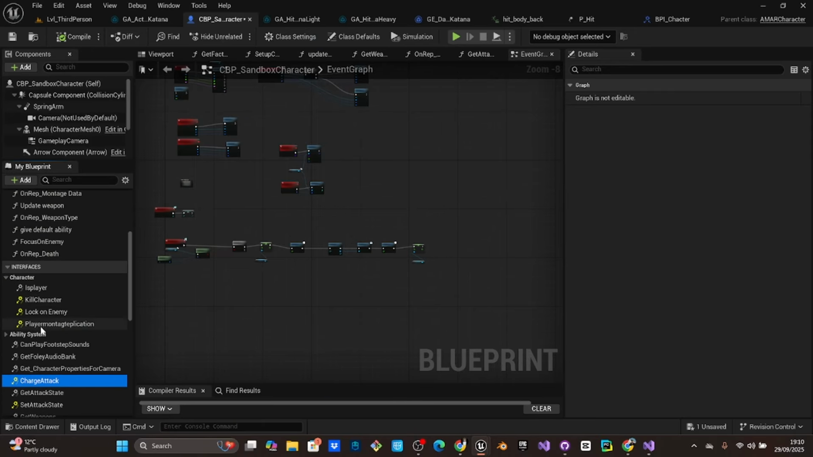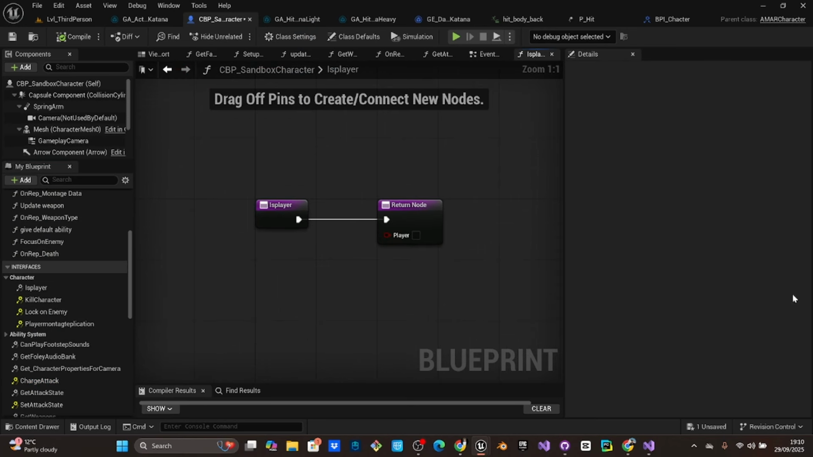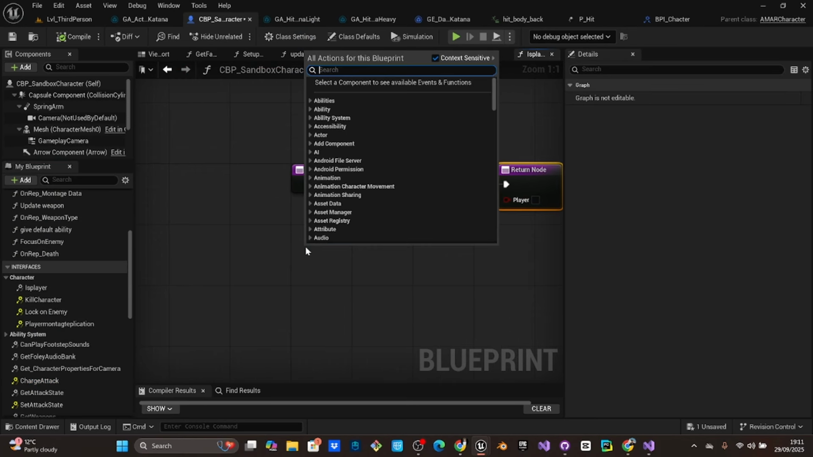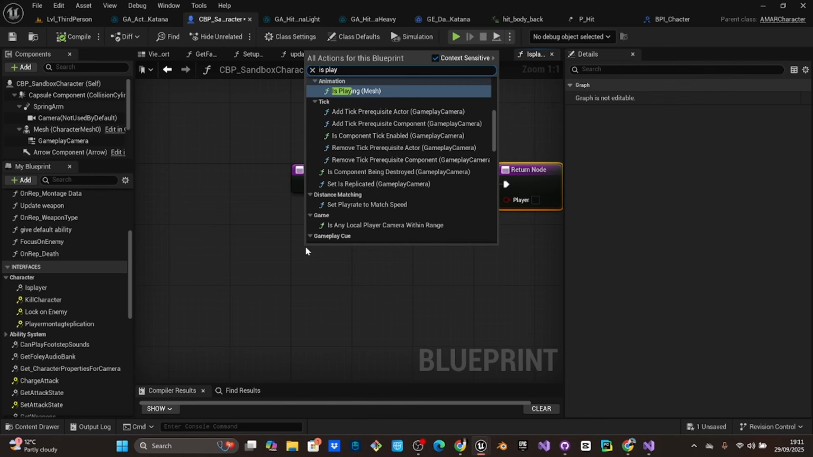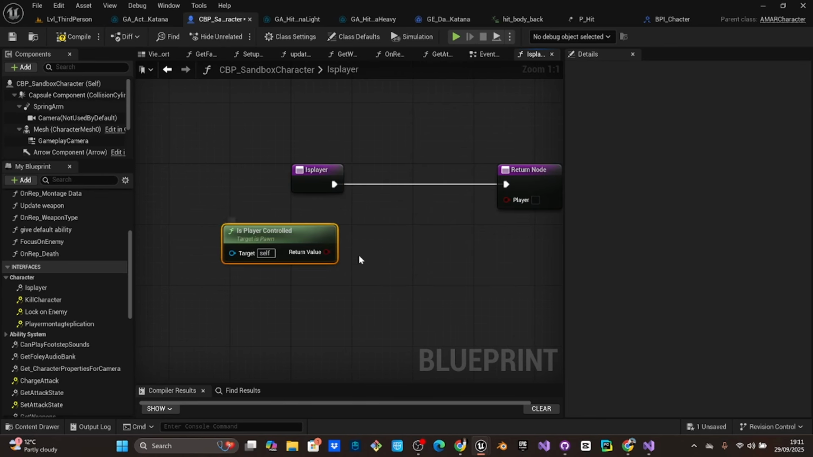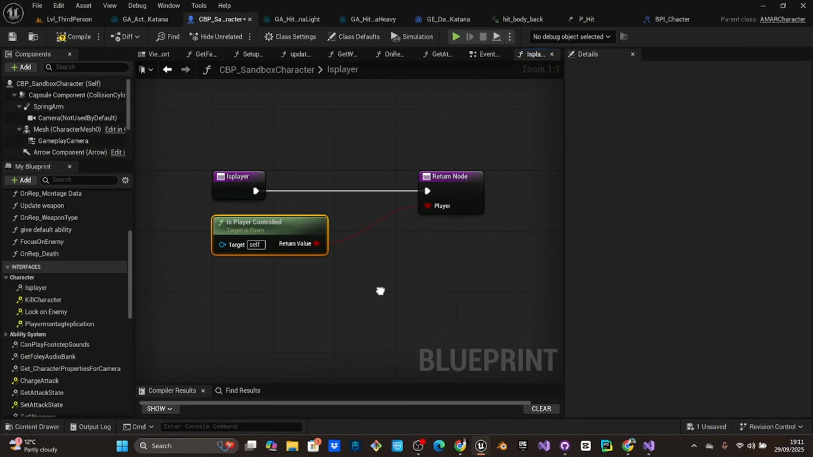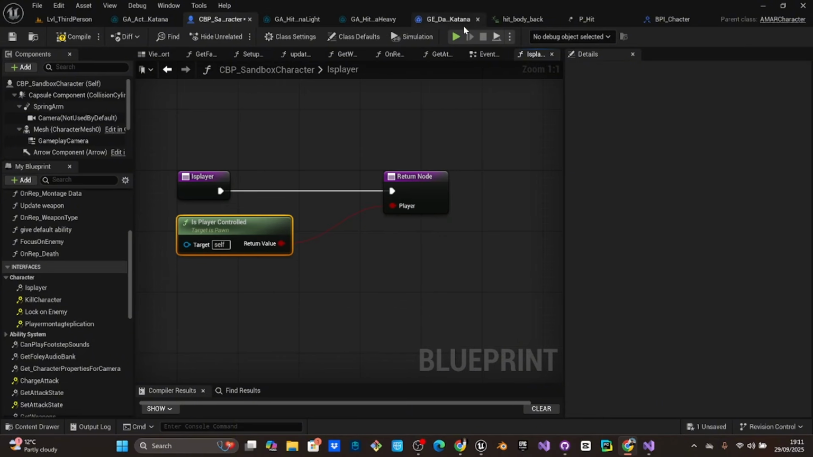We go to our characters and this player. So we will just first return his player controlled. If the player is controlled, then it will satisfy this value. Now going back to